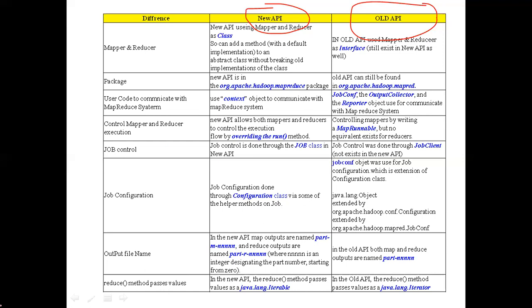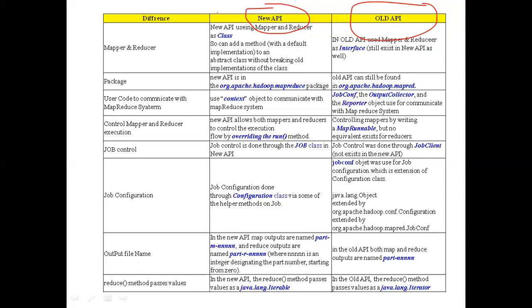Hadoop was also in one format at the earlier stages, only the architecture of Hadoop. Later, some modification was made to the architecture of Hadoop. Based on the modifications to the architecture, a new API was developed in Java. We call it the new API, whereas the original one is called old Hadoop, and the API suitable for that is called the old API. So there are two types of APIs available in Java for Hadoop: the new API as well as the old API.